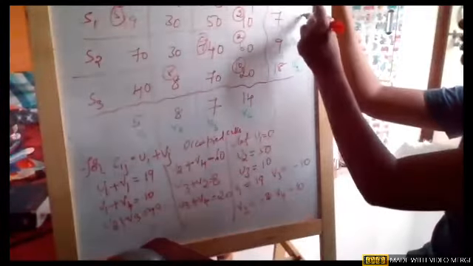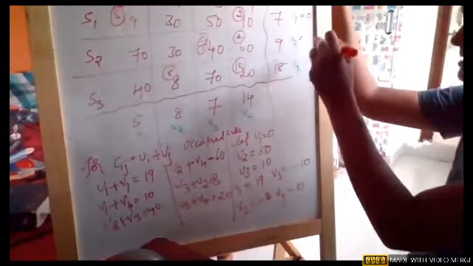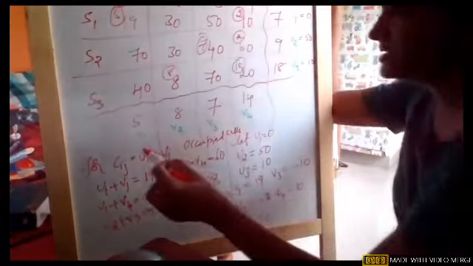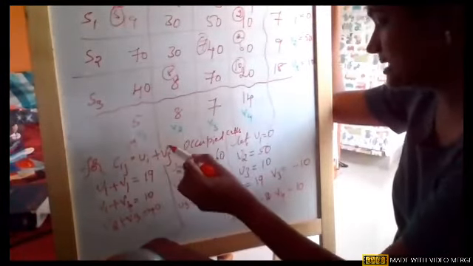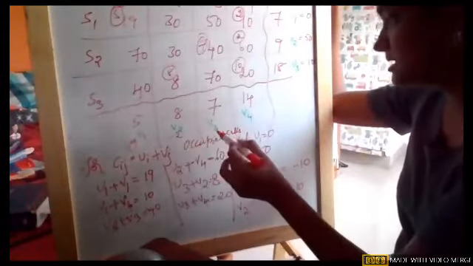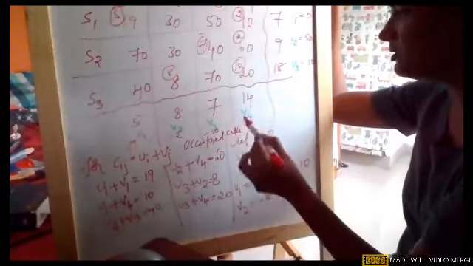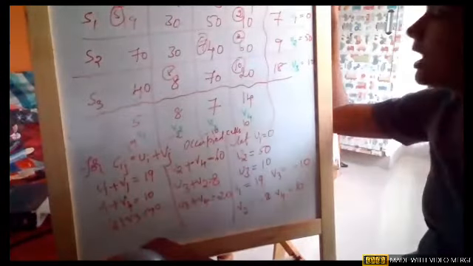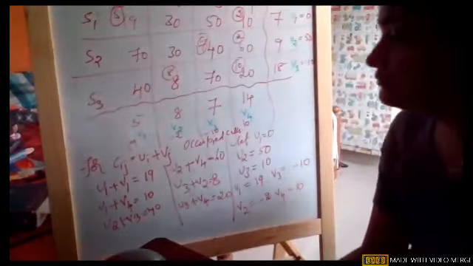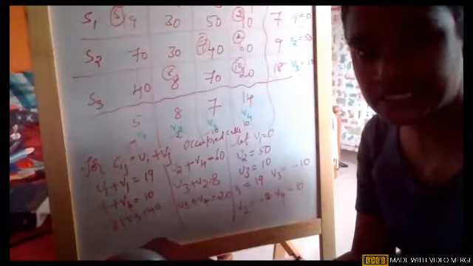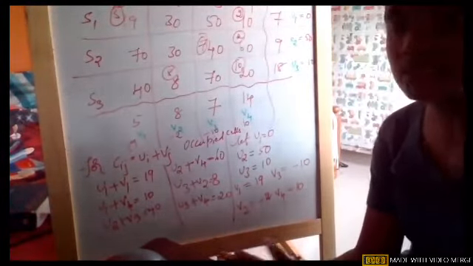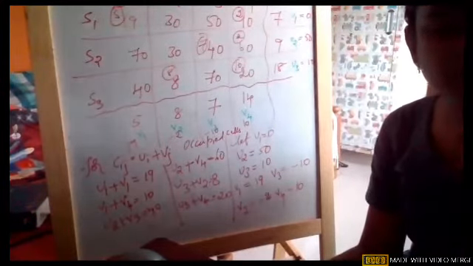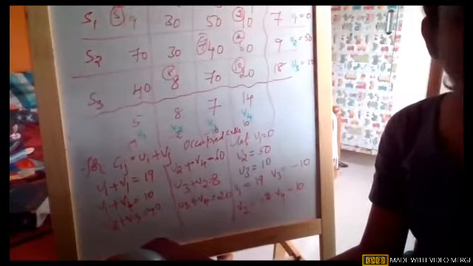Now we got U1 is 0, U2 is 50, U3 is 10, and V1 is 19, V2 is minus 2, V3 is minus 10, and V4 is also 10. So this is how you need to derive the values for U1, U2, U3, V1, V2, V3, V4 using the logic or equation as per the algorithm of Modi method for occupied cells. So I'll stop with this step. Now the video will end shortly. Any doubt you can ask me till here.